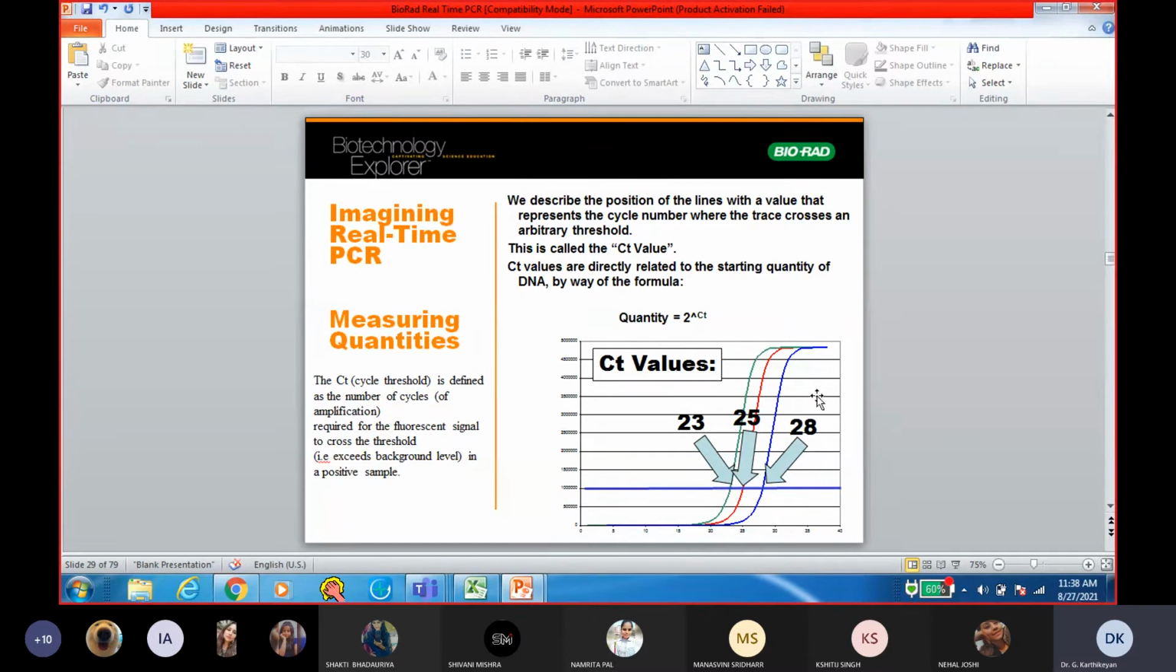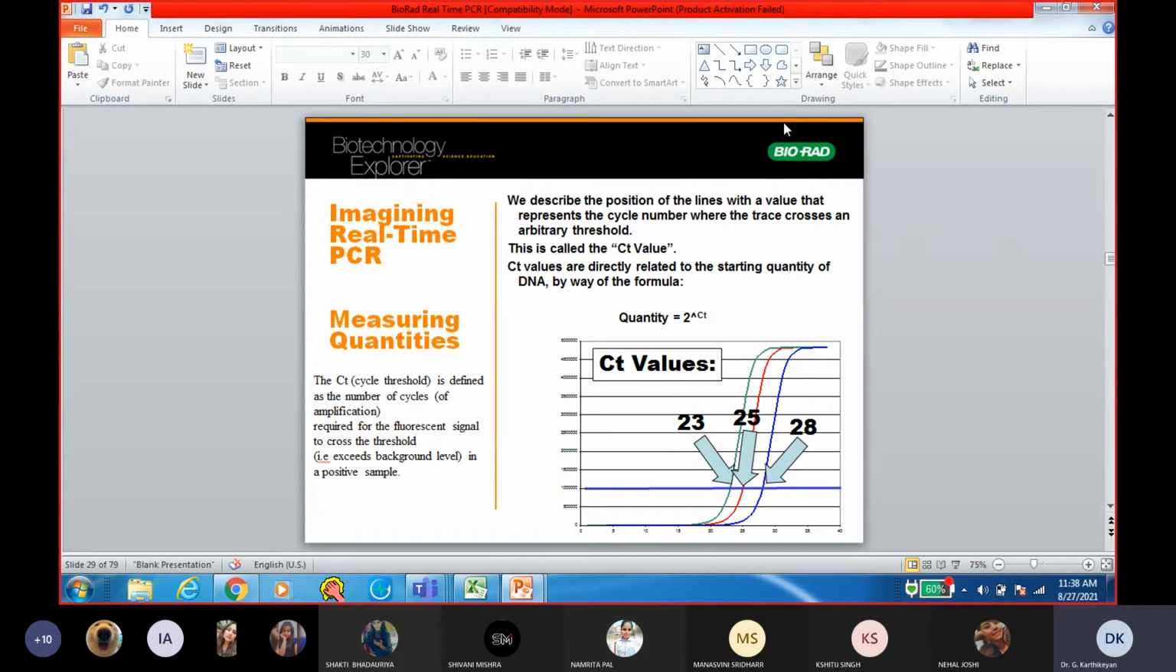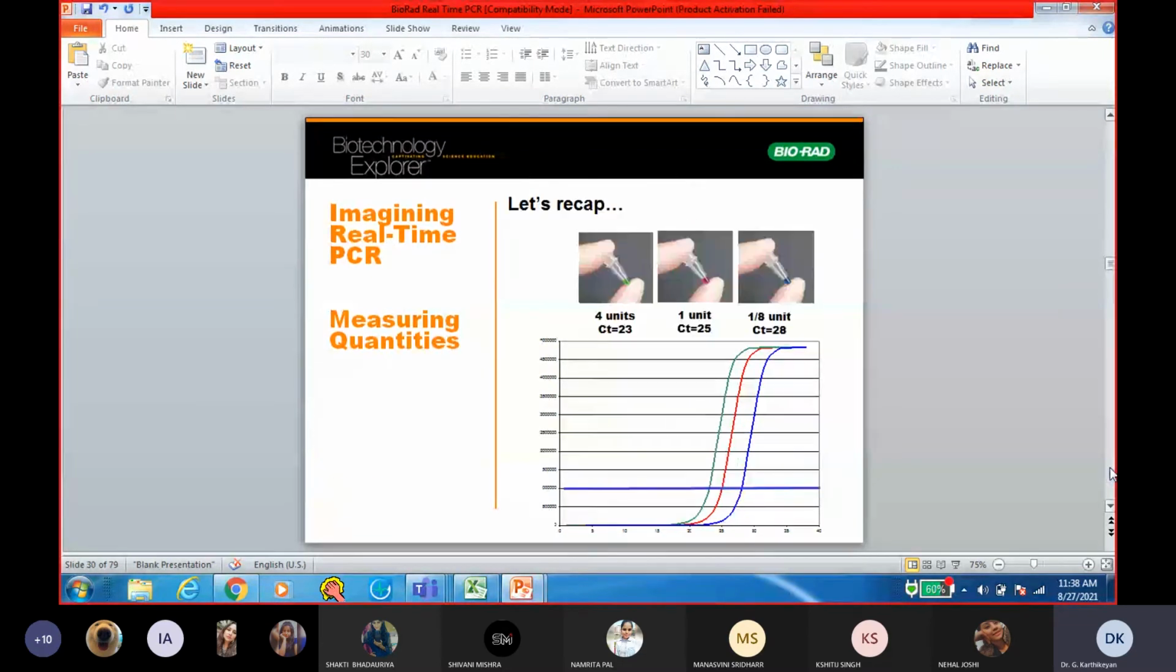So the quantity or the amount is simply given by a mathematical formula which says it is 2 raised to the power CT. Okay, so that actually is how you can do the quantification. Okay, we are not going to go deep into this because we will probably do this later. So just quickly, this recaps,